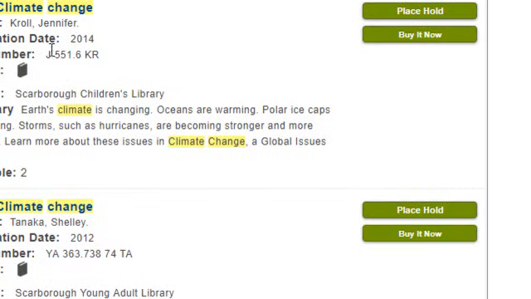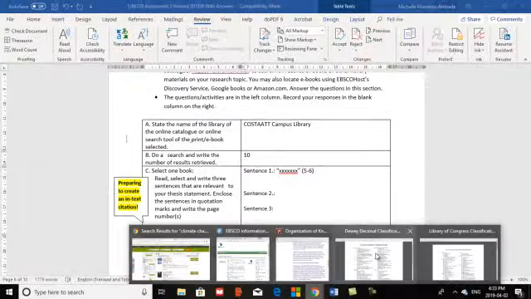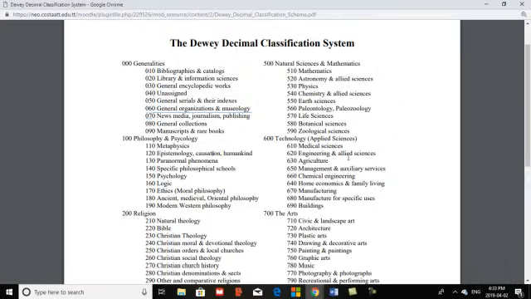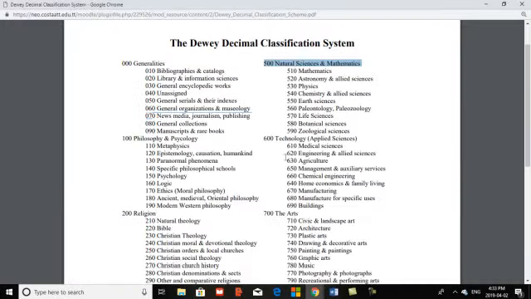So if you have your call number that has 551.6, if you go to the Dewey Classification System handout, you will see that 500s falls under the category of natural sciences and mathematics, and it's specifically 551. So we see it here, earth sciences,